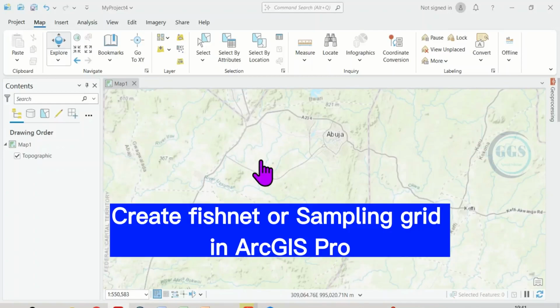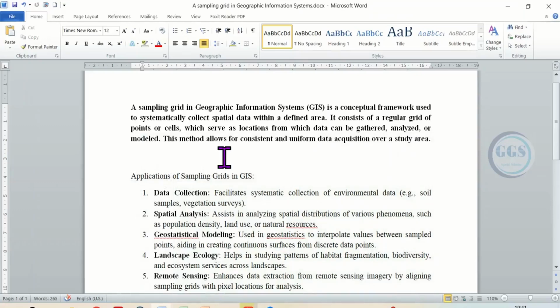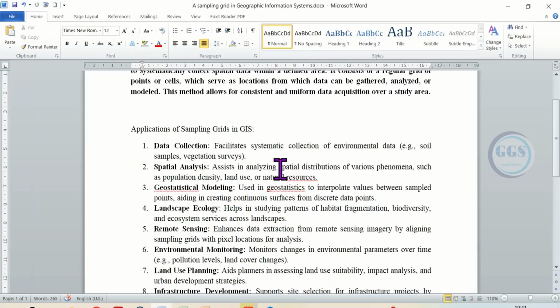In this video, I want to show you how to create Fishnet or sampling grid in ArcGIS Pro. Briefly, let me explain to you what is meant by sampling grid. A sampling grid in GIS is a conceptual framework used to systematically collect spatial data within a defined area, and it consists of regular grid of points or cells which serve as location from which data can be gathered, analyzed or modeled. So this method allows for consistent and uniform data acquisition over a study area, and of course it